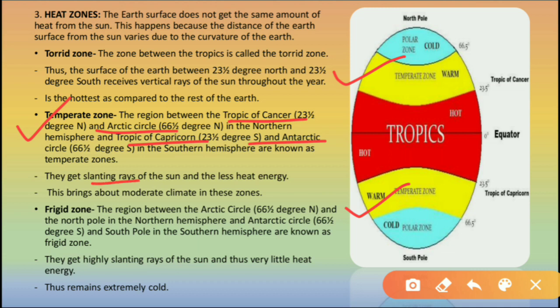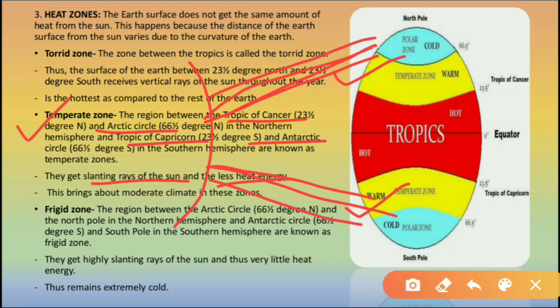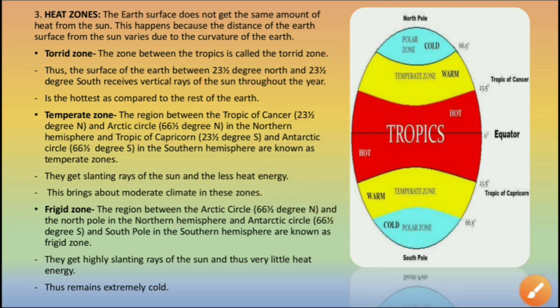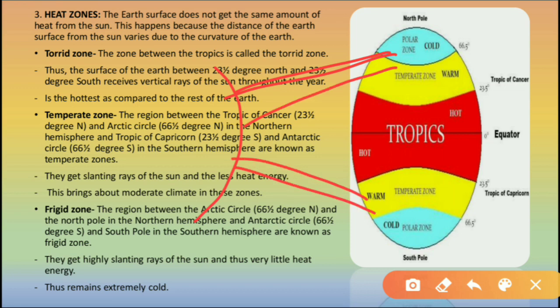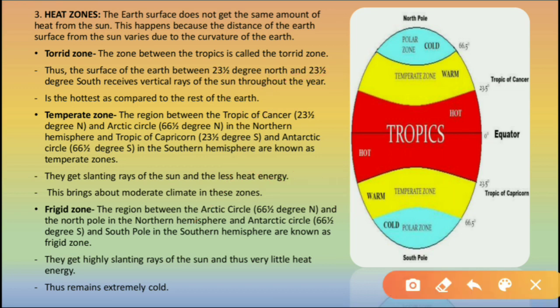They get slanting rays of the sun and less heat energy. As I told you, they get slanting rays of the sun. They do not get vertical rays of the sun. It means they do not get direct sunlight. The sunlight goes slanting. The sunlight does not fall directly into this zone. That is why it is said that it receives slanting rays of the sun, and thus